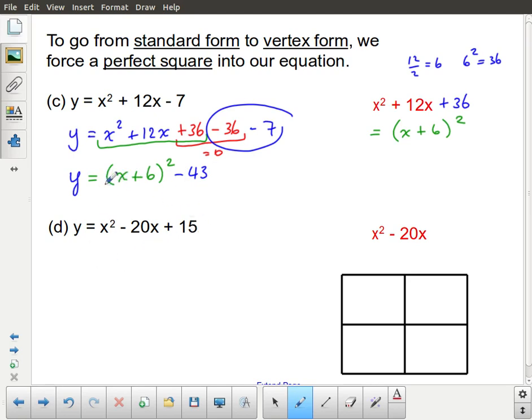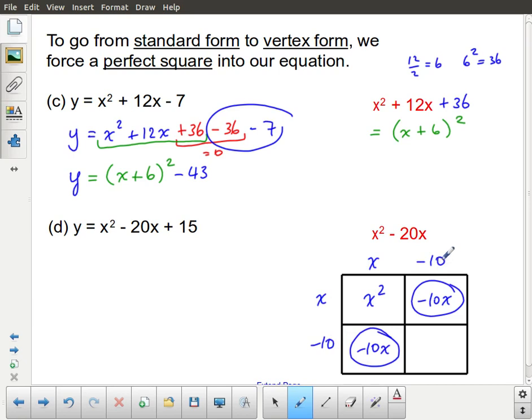Let's show you the same thing, except this time I'm going to look at it from the area model perspective. So let's take a look at this one. We've got an x squared. I need negative 20x between these two squares. Well, the way that I do that is I need negative 10x and negative 10x. Half of negative 20 is equal to negative 10 on each side. And so when I write that out, x minus 10,